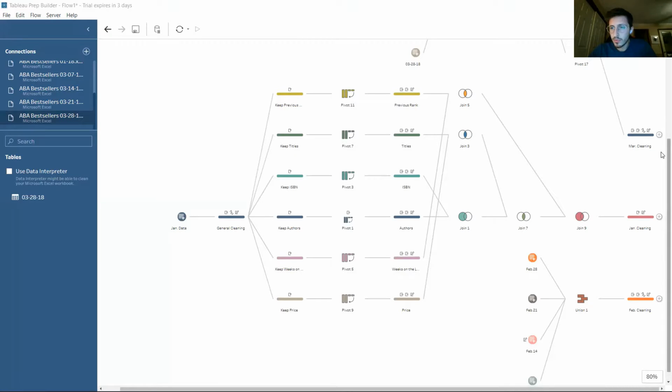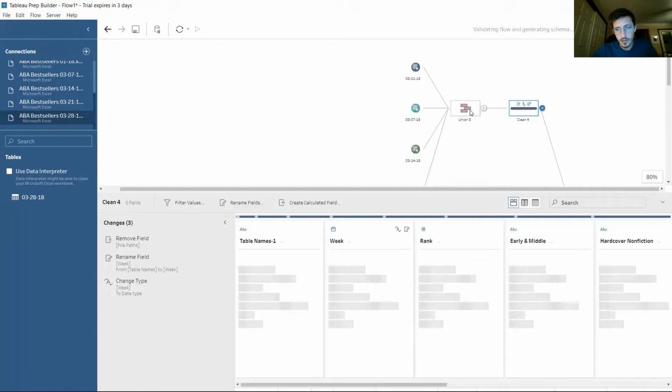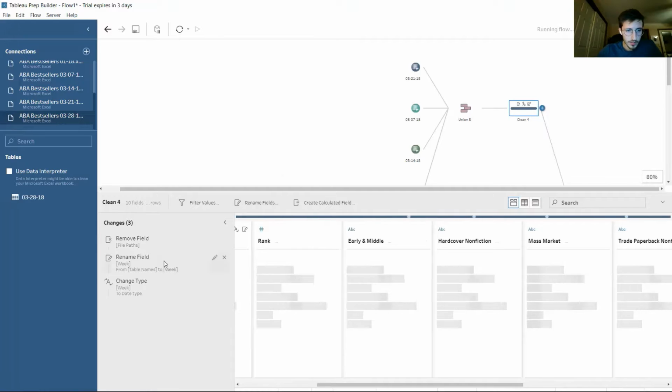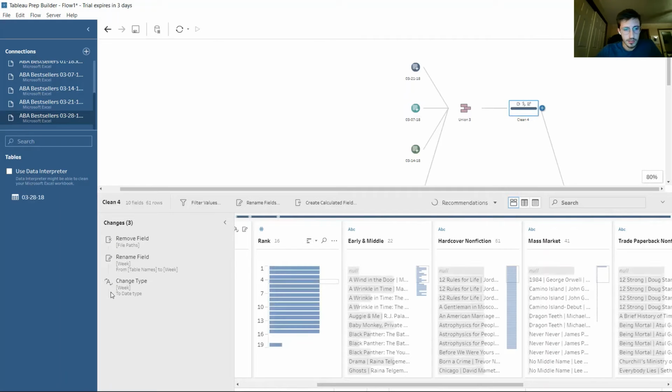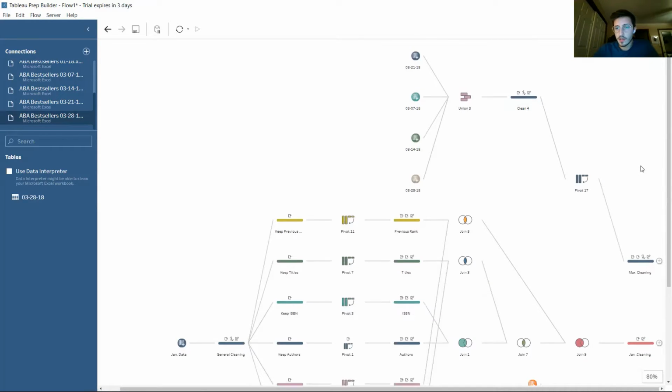So basically, before we get into what I had to do, I just wanted to show you how I did March. I first started with the 7th of March. I cleaned it up before actually doing a union, and what I did with cleaning it up was basically just renaming the week data type and changing it to the date type, and then in the pivot